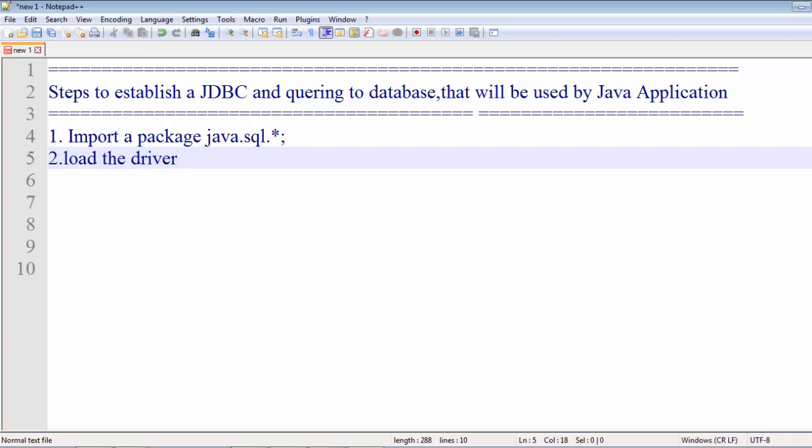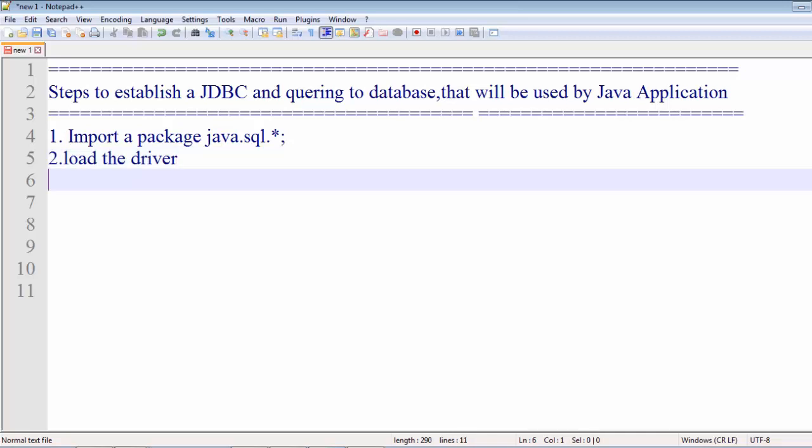The JVM will do this particular task when we write certain statements, which we'll see later on, showing how the driver will be loaded and registered so that it is available to the program's memory.